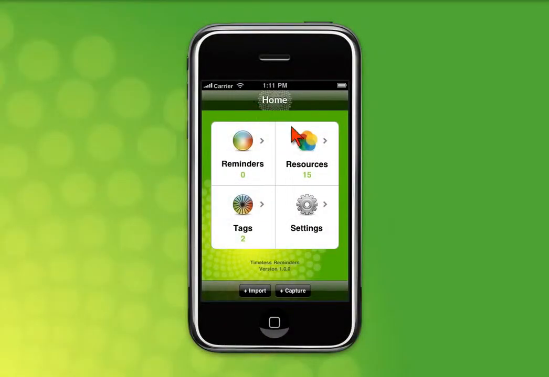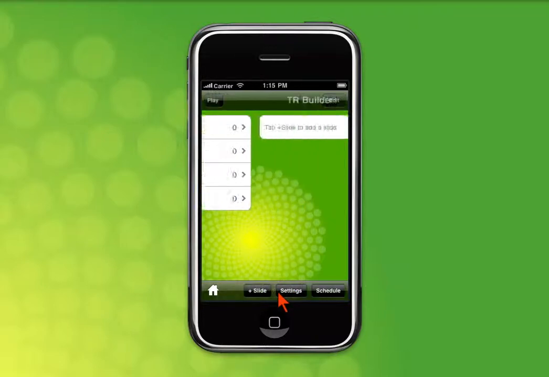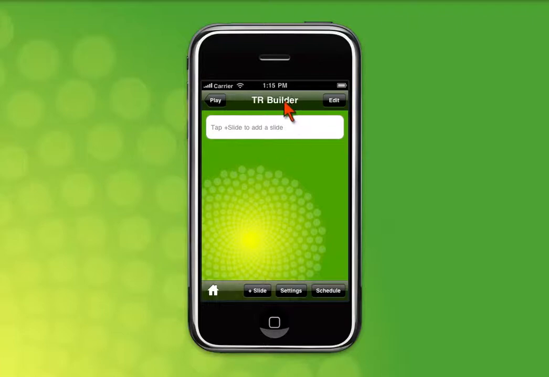Once we've assembled all our resources, we're ready to create some rich reminders out of these resources. So to get into the reminders, you simply tap into that. And here you find a place where we will be collecting all of our reminders, those we've designated as favorite, and those we've scheduled, and those that are left unscheduled as well. Now to create a reminder, it's really easy to do. All you do is you click the plus reminder button down here, and then you get to the TR Builder